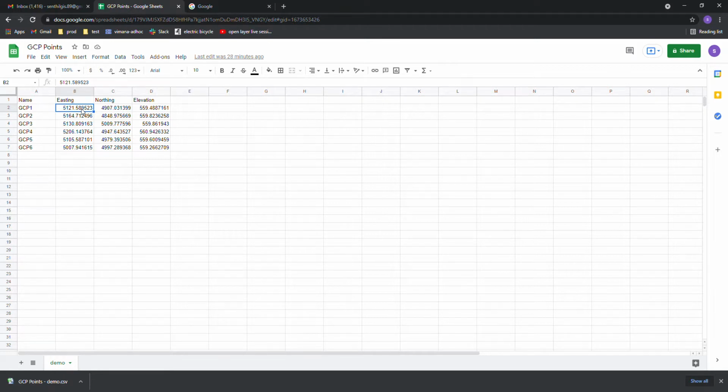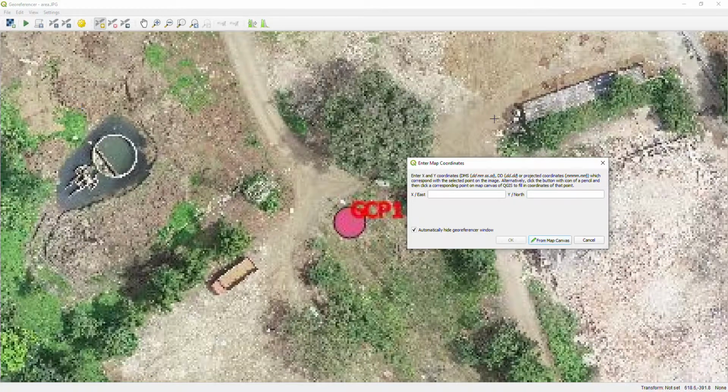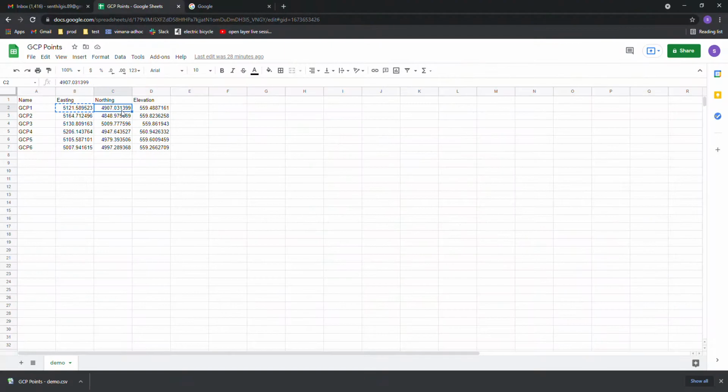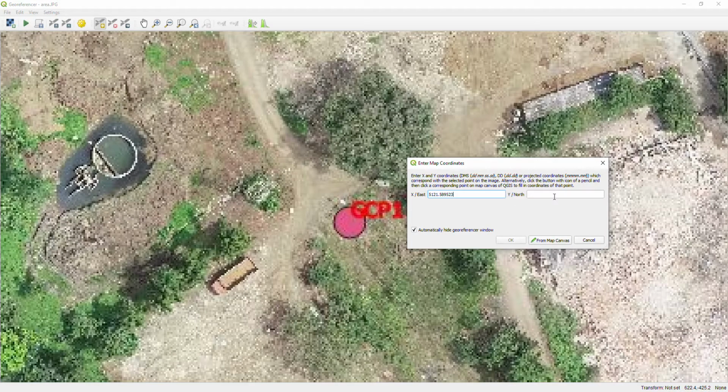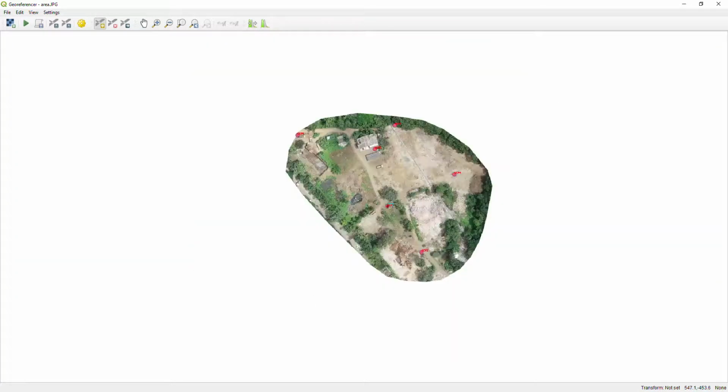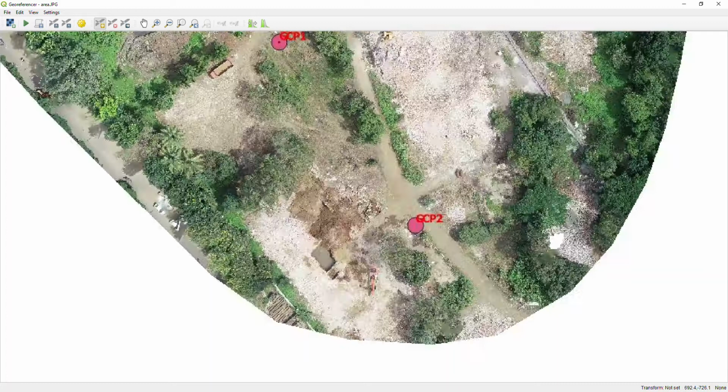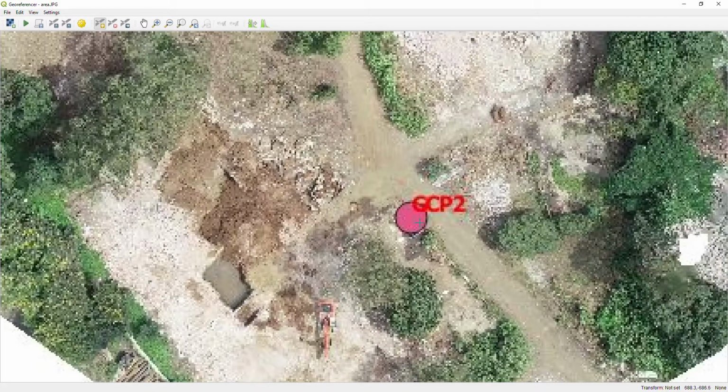Okay, copy the easting first, and paste here the northing value. Yes, so click OK. Find out the second control point. Yes, again click on the second one.